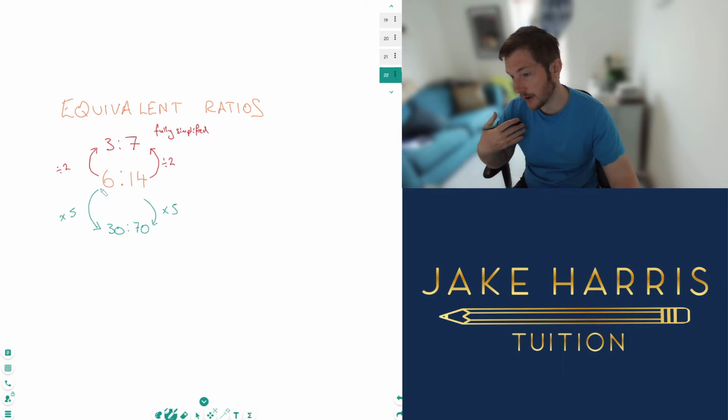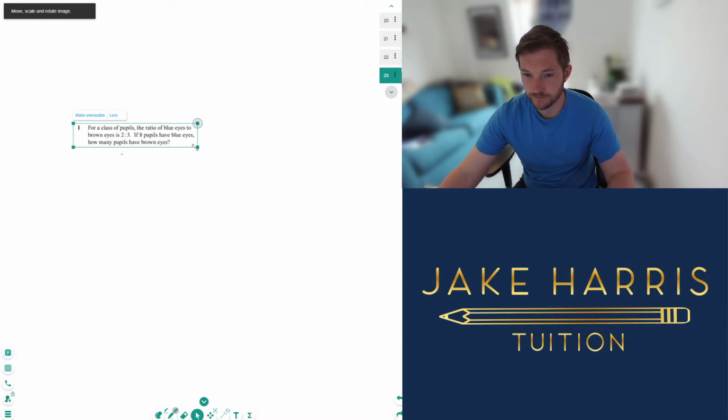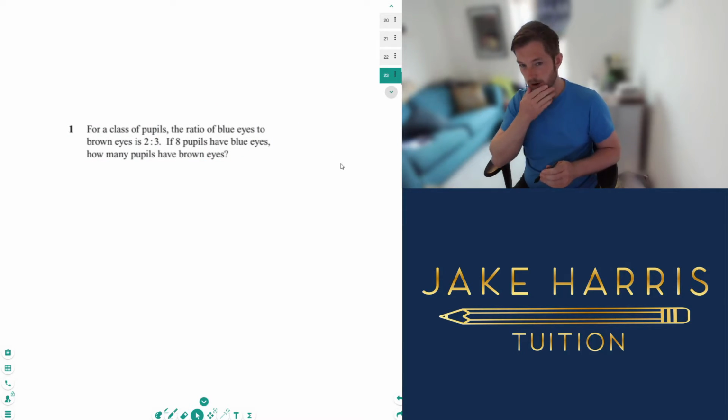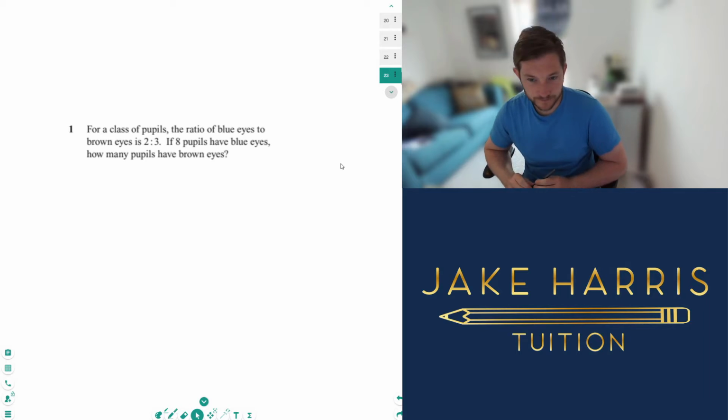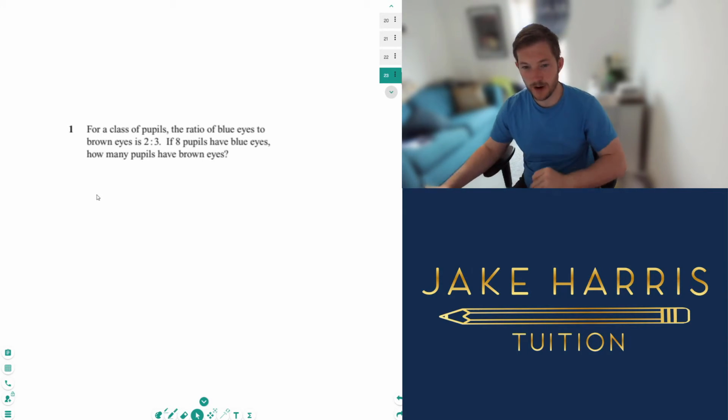Now let me show you how we can use this method of equivalent ratios to solve problems. So if I just take a question here out of my textbook. For a class of pupils, the ratio of blue eyes to brown eyes is 2 to 3. If 8 pupils have blue eyes, how many pupils have brown eyes? So,